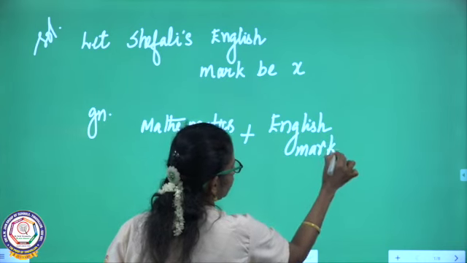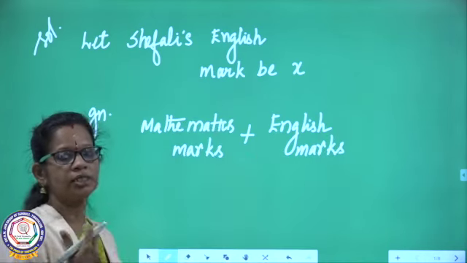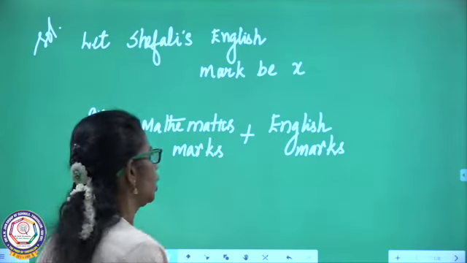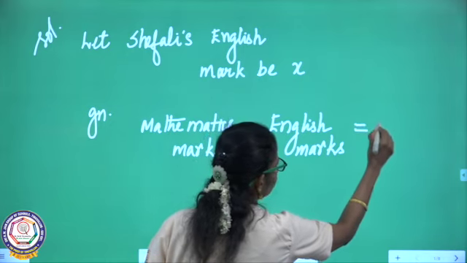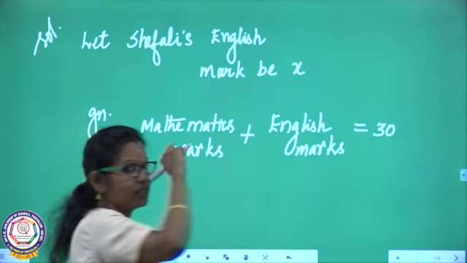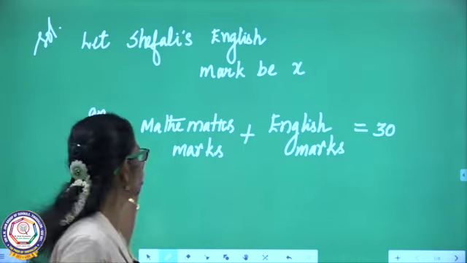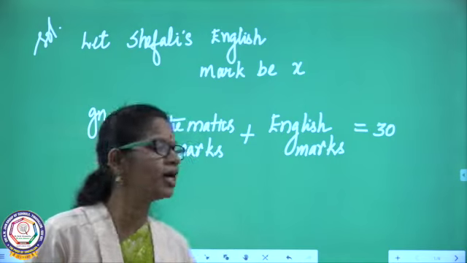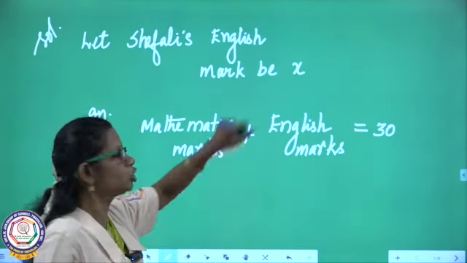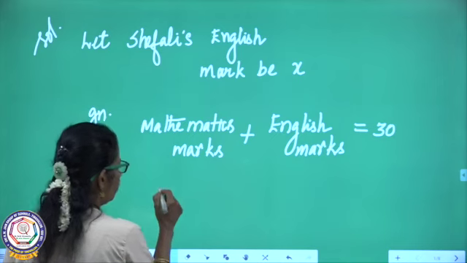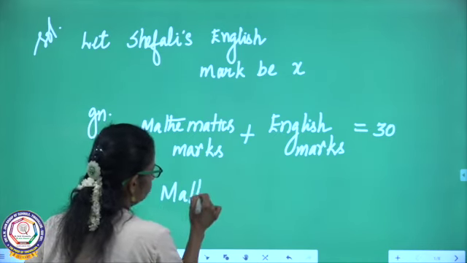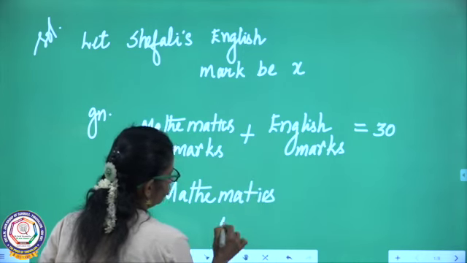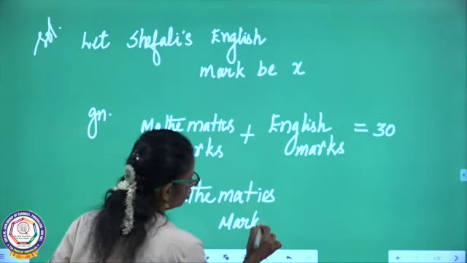what did they say? Recall the statement. The sum of Shefali's mathematics and English is 30. So, which is equal to 30. Right. The first statement I converted into the simplest form. Now, again I am going to make it simpler. What is the English mark I assumed here? x. So, mathematics marks equal to